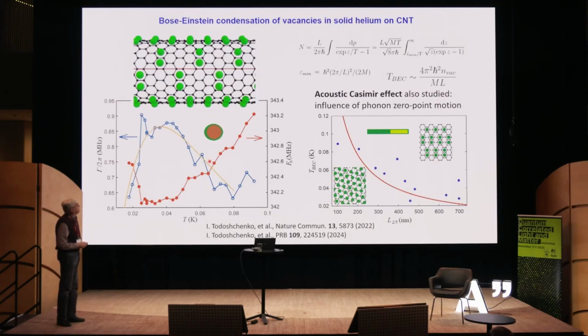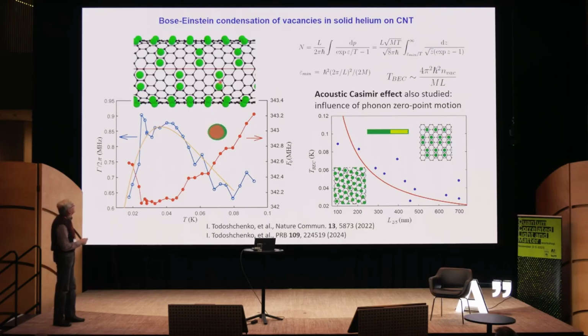Now, the carbon nanotubes, they are chiral systems. And then if you try to put helium-3 atoms on it, it's difficult to match the natural structure of helium-3 on graphite on the nanotube. So you will have frustration for the helium-3 structure. And since you have curvature in this system, then you can have dimers.